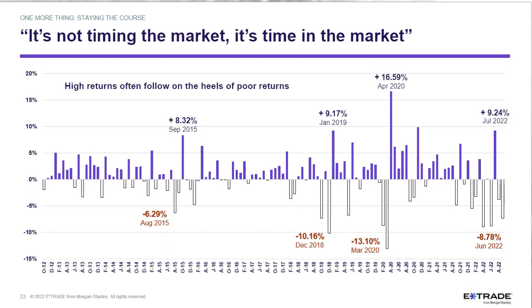Because what I've done here is highlighted 4 big, huge months. September of 2015, S&P 500 up 8% that one month. January 2019, up 9%. April of 2020, up almost 17%. July of 2022, up 9%. And notice, as I've highlighted it, that those almost always come directly on the heels of some of the biggest